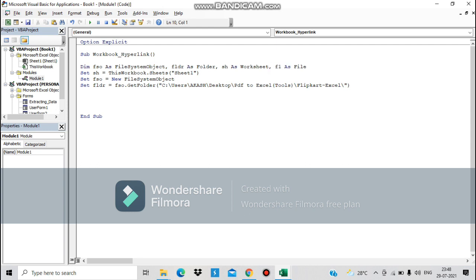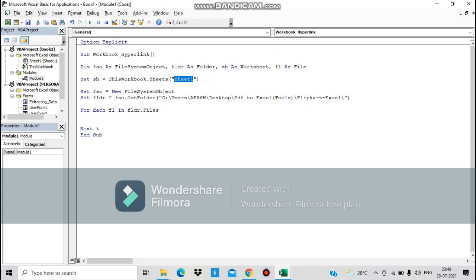So I am going to use a loop, For Each F1 in Files. It means this loop should go through each and every file in this folder, and those workbooks should be linked in our Excel sheet, in the sheet where we have declared Sheet1. Okay, perfect. So what are we going to do here? Obviously we are going to link it. So we will do SH.Range. I'm sorry.